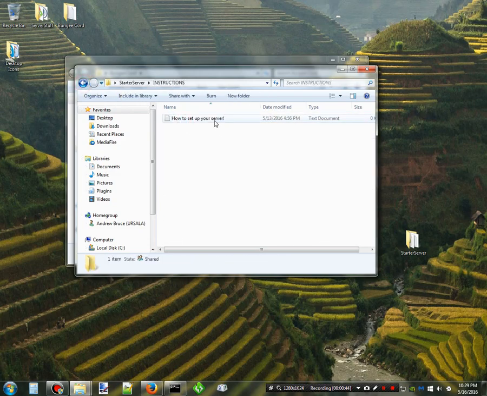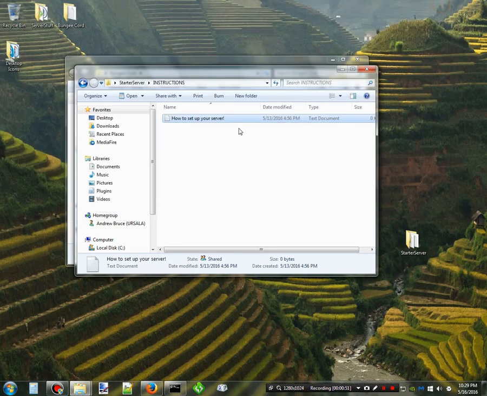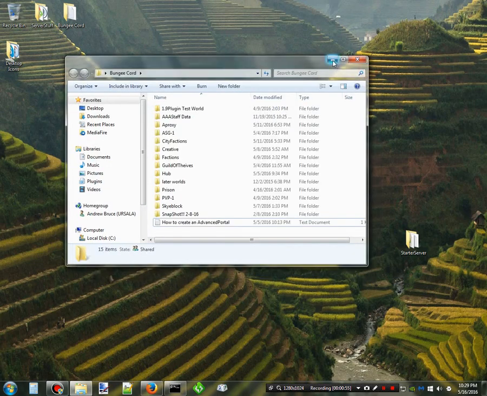These are your instructions right here, how to set up your server, and that's empty. Okay, I'll have to fix that. I thought I had instructions in there. Anyways, yeah,